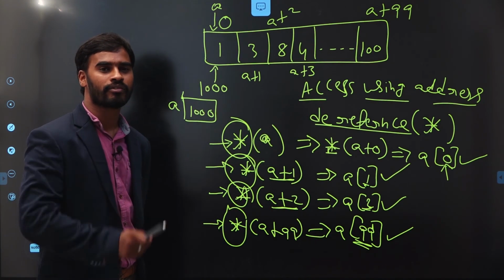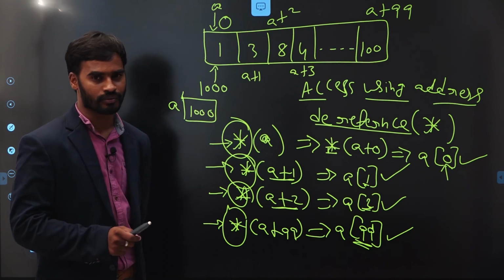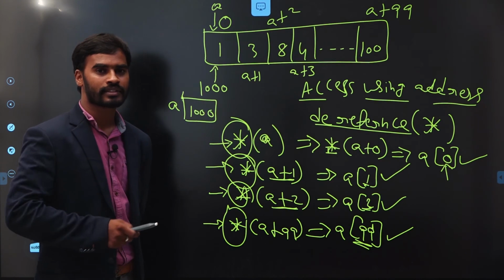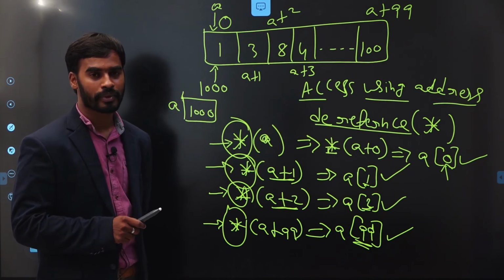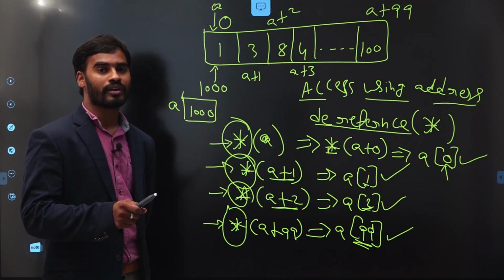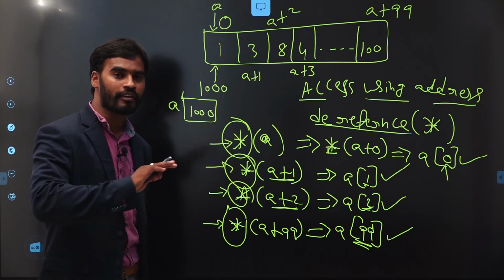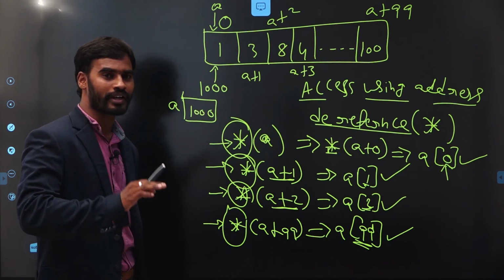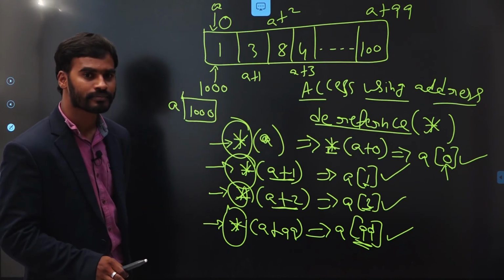You have to be very careful with this one. The index will always start with 0. Why does the index start with 0? Why is the index of the first element 0? Because the first block is not away from the first block itself. So it is 0 blocks away, and the index is 0.